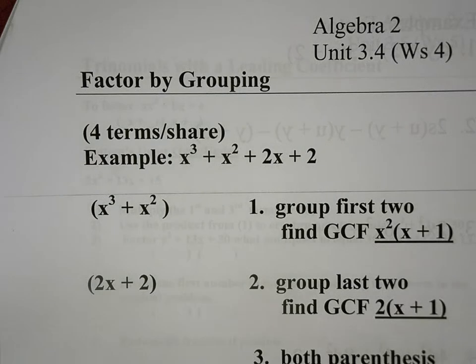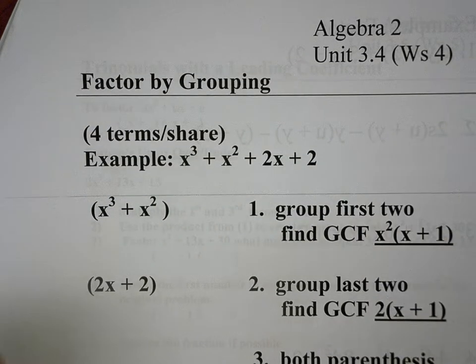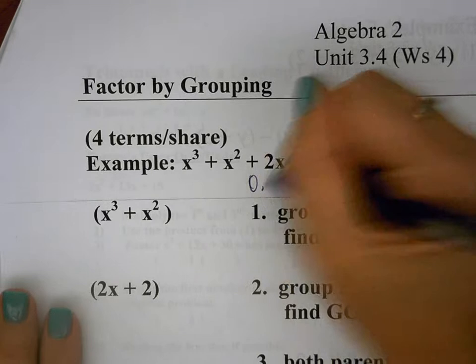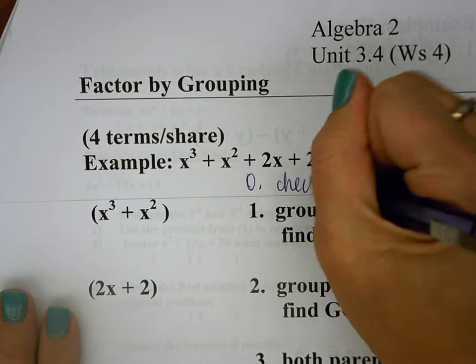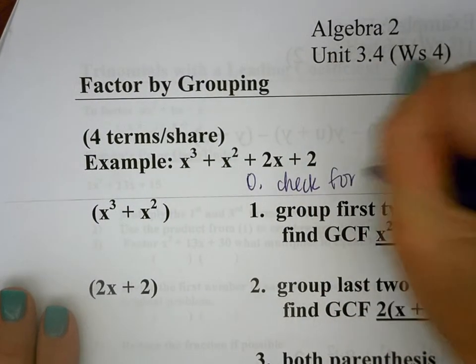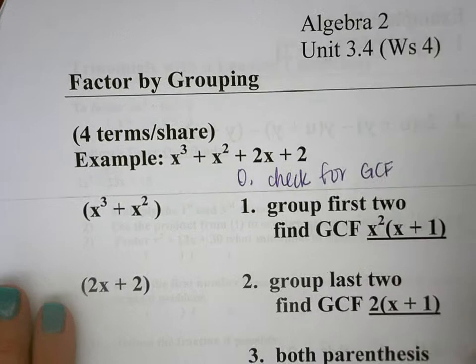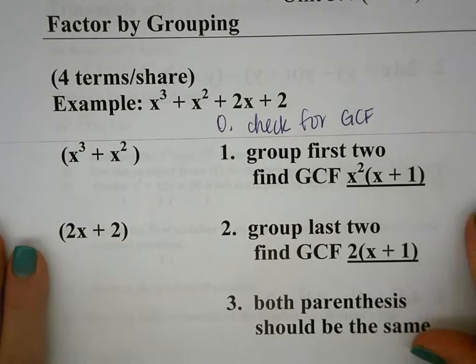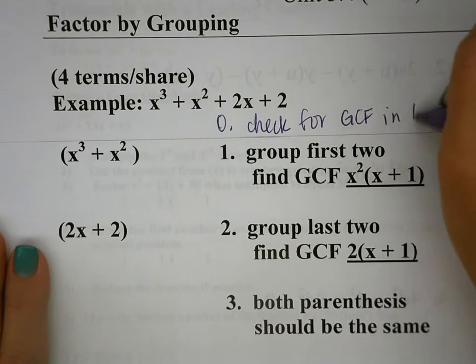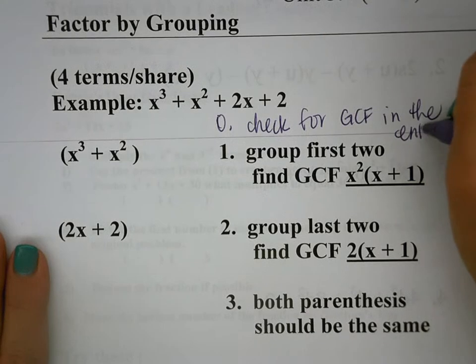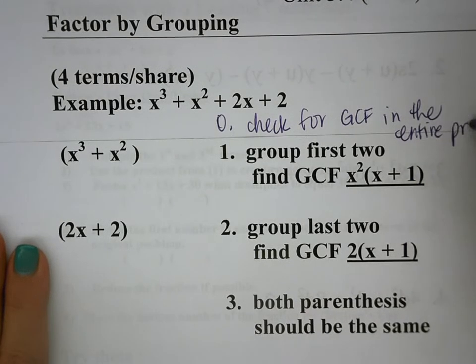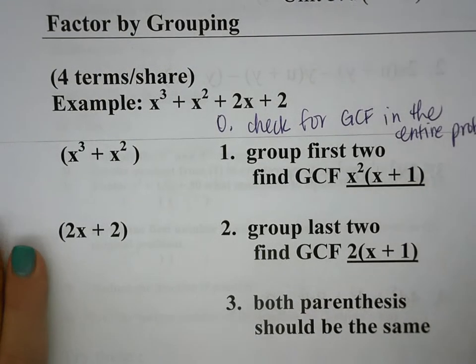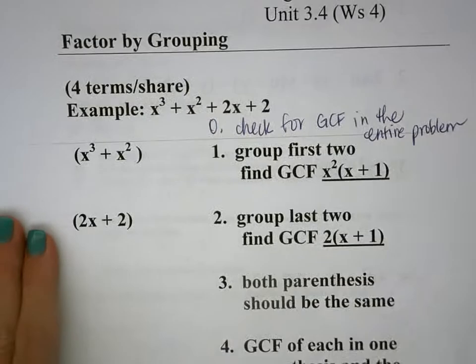But you always check for what first, no matter what the problem is? Your GCF. Good. So it's not stated in these, but you always want to put number 0: check for GCF in the entire problem. Once you check for GCF in the entire problem,